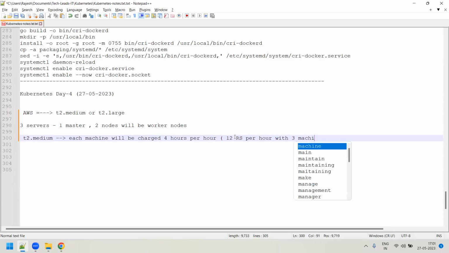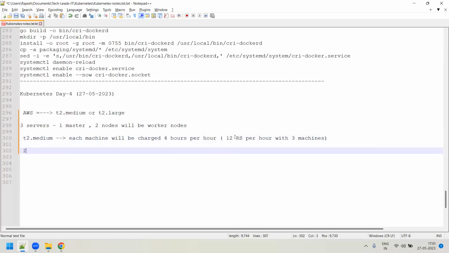So this is fair enough. If you're practicing for 2 hours, you'll hardly be spending 24 rupees. So it is worth it. 2 hours would be worth it for you to always practice. Still, if you say, sir, I want to reduce it,